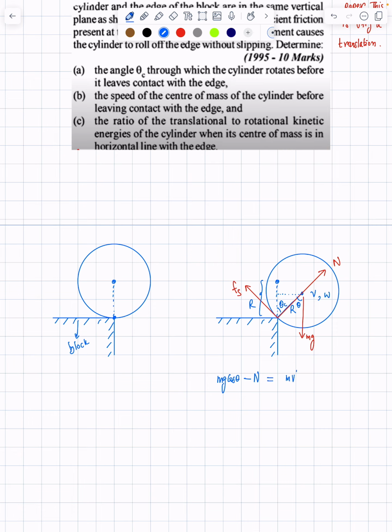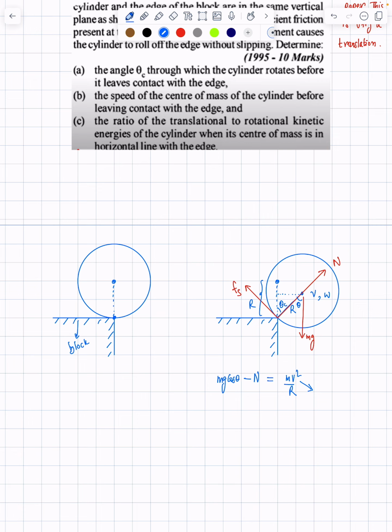So this has to be mv square over r. Note that this is centripetal force, it's not an external force. Rather, all the forces combined together should provide this force to make sure the object is rotating in a circle. Okay, so this is one equation, and because it is asking us to find the angle when it leaves contact